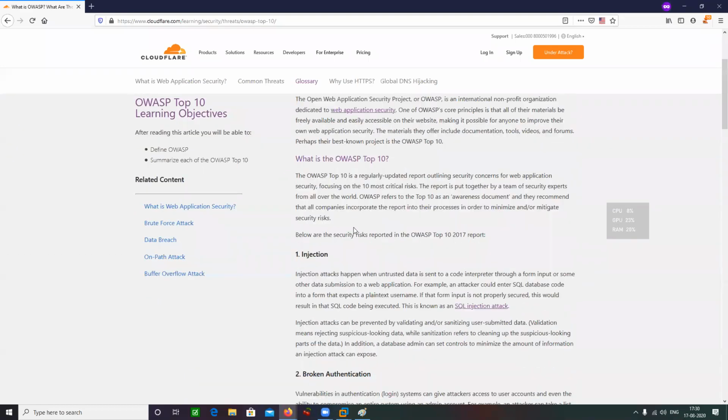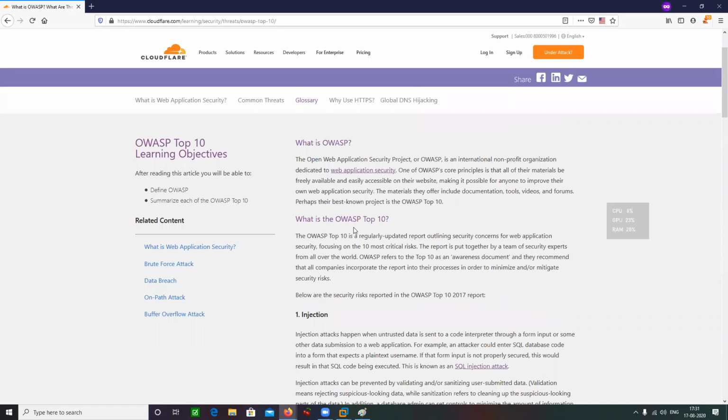These 10 vulnerabilities in themselves are very vast. You can easily take 6 to 12 months of study while mastering them, or while at least understanding them. So we'll not go into that much depth, just talking about it at a superficial or surface level.